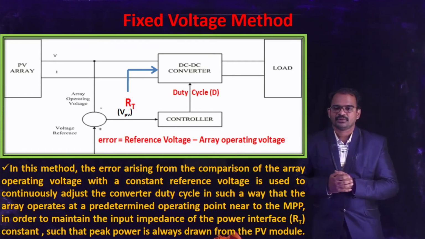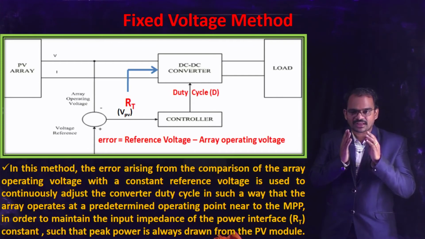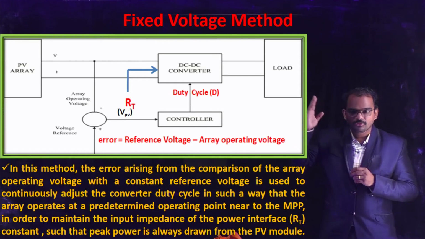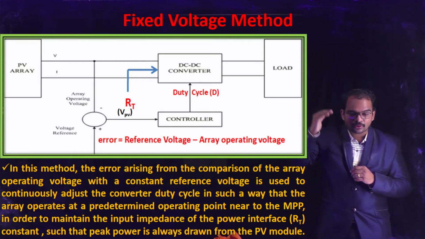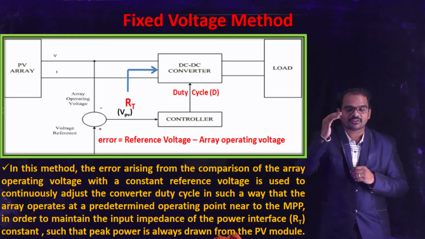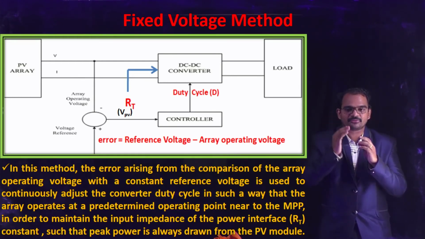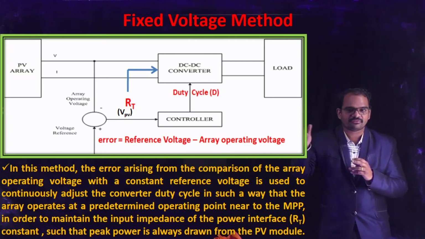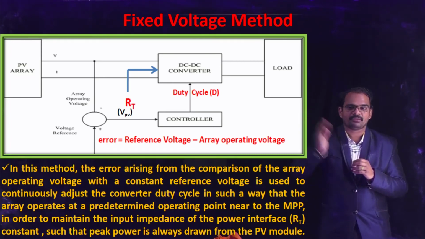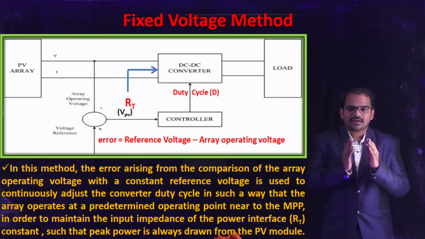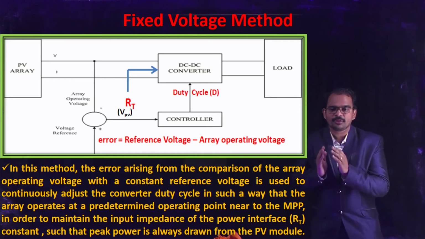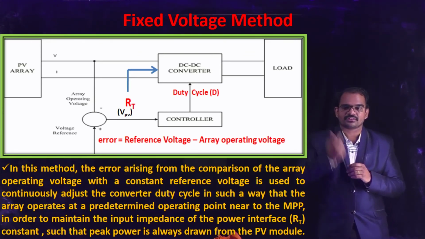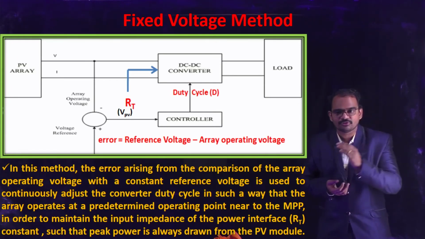Say for example, the Vm is 19 volts, and this 19 volts is nothing but the V reference. Now the array output voltage at that point is 20 volts. If the array operating voltage is 20 volts, we will never get the maximum power from the PV array, because it is not the Vm, it is not the V reference value where you will get the maximum power. Therefore you need to reduce the array operating voltage from 20 volts to 19 volts, and this can be performed by means of a DC to DC converter. It is a buck converter. This buck converter will reduce the output voltage.